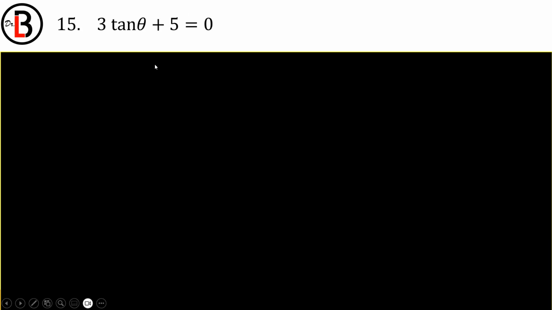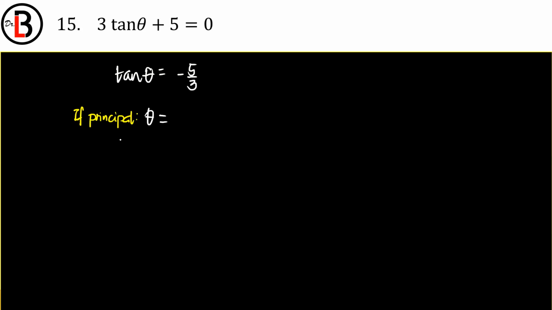All right, let's go to the last. I can say in here that tangent theta is negative 5 over 3. You know that this is not any special angle. Can you give me what theta is? Can you give me arctangent of negative 5/3? So you said here that theta is negative 59.04 degrees because tangent, you know that tangent gives us from negative pi over 2 to pi over 2. So this is correct. However, that is only if you're being asked principal values.